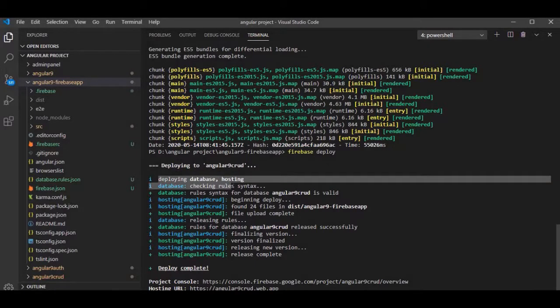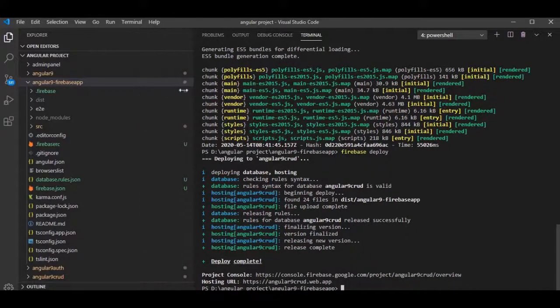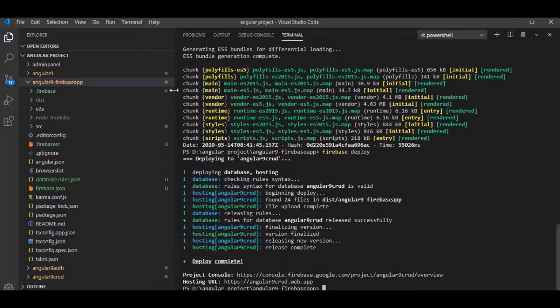Now you can see the hosting URL and project console, all successfully done. Now you can copy the hosting URL to check whether your site is running or not.